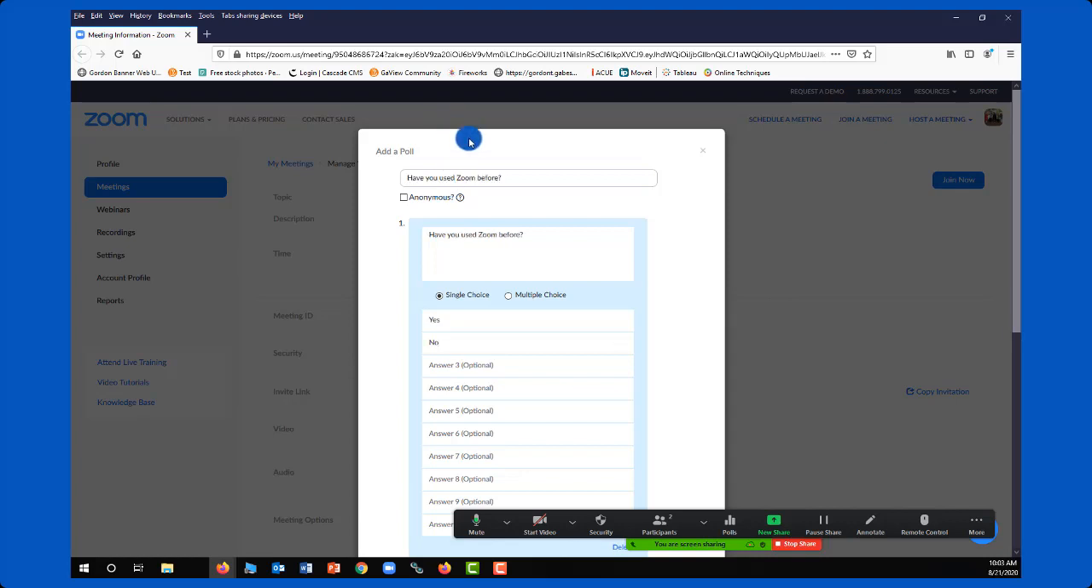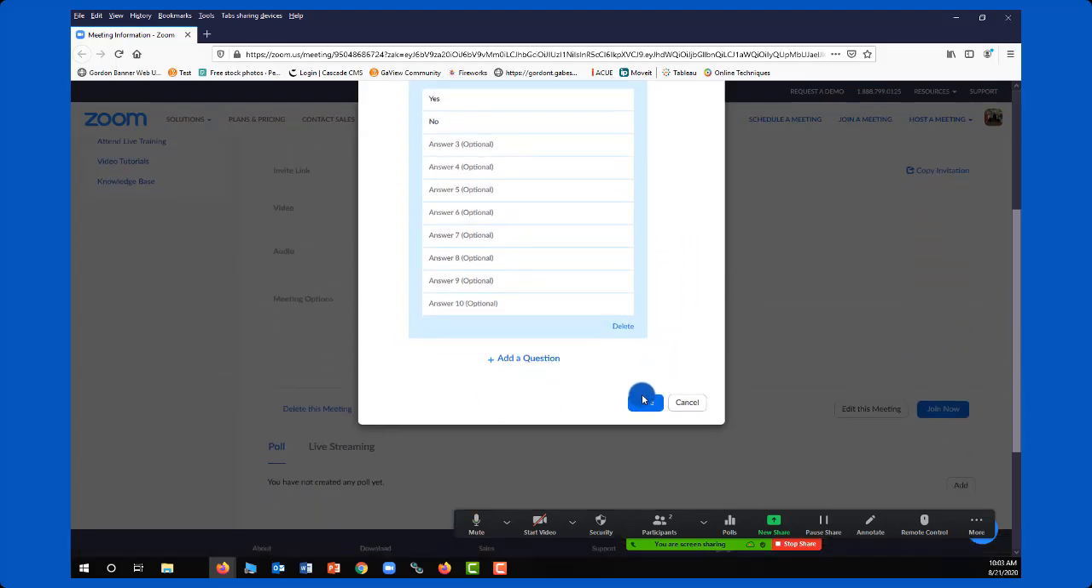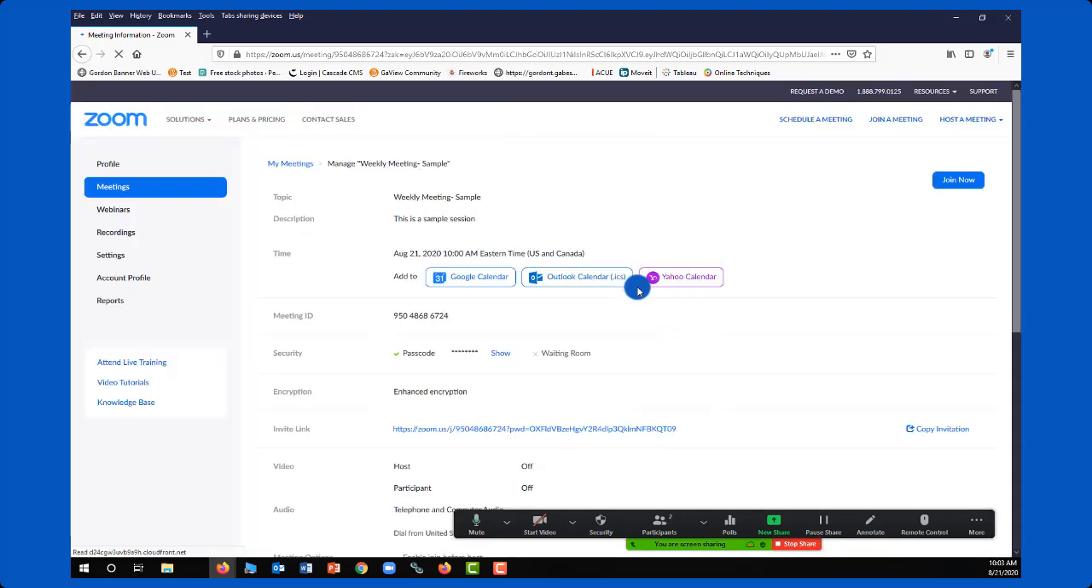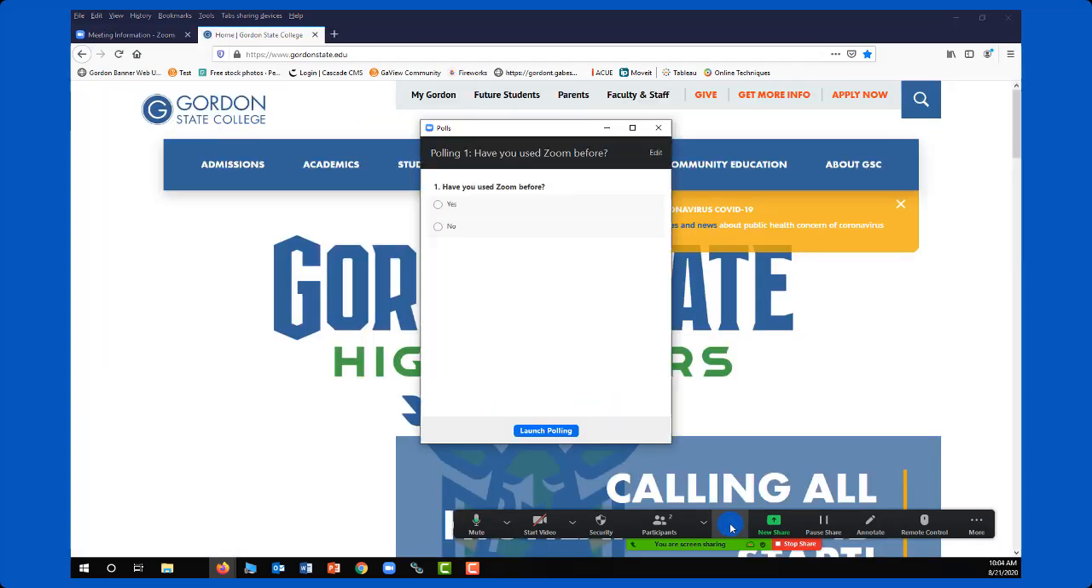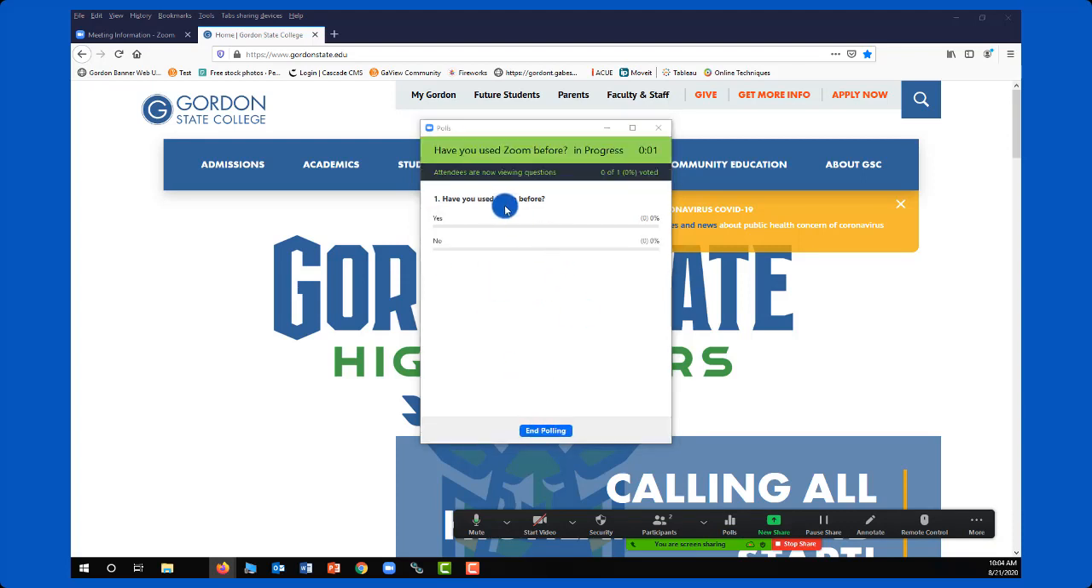So I type in my question here. Have you used Zoom before? Yes or no. And then I'm able to save that question really quick. So when I am in my session, I'll just be able to choose polls and then I'll be able to choose what poll I want to use and launch that poll. And then this will actually show up on the area for my students